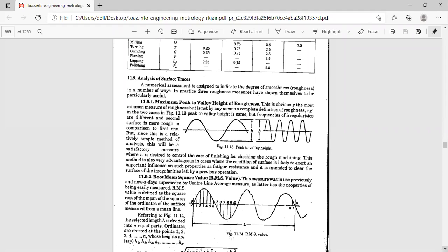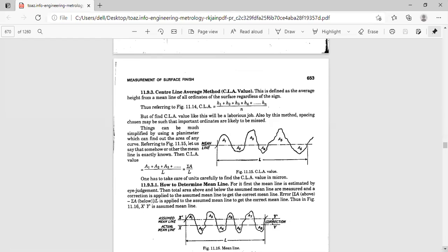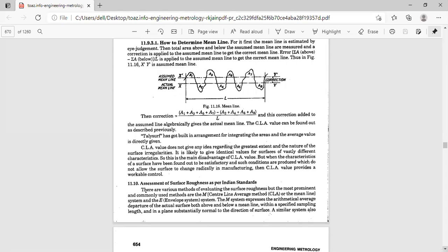Already we have seen, but if we want to repeat this topic, the root mean square or the center line average or the arithmetic average, I'll again repeat before the problems, or tomorrow we go directly to the problems, and I'll try to complete it on Monday. And Thursday onwards we'll go for the 5th unit, the screw thread terminology. As far as the 5th unit is concerned, we have screw thread and gear terminology. This also we are finished.